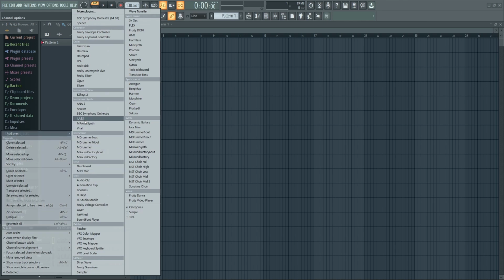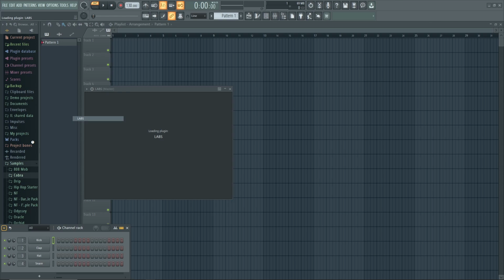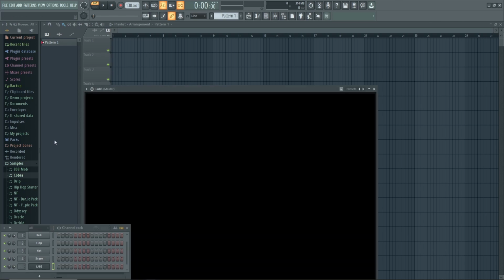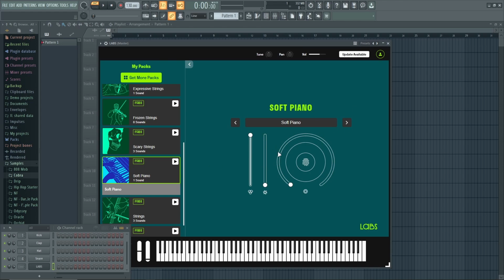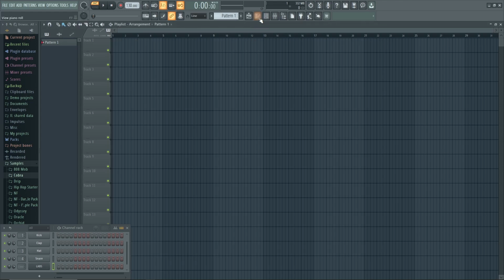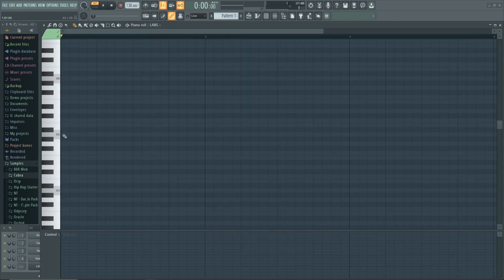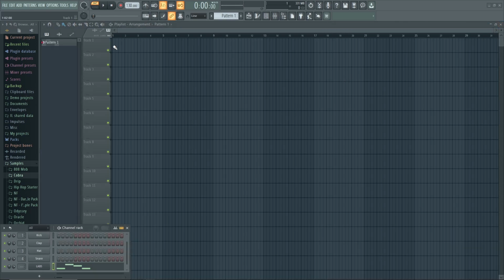So if I, for example, use Labs, I'll load a soft piano here. After that, I go into the piano roll and I start putting down the notes to the melody. For example. Then I add a pattern to the playlist. When I have added all my patterns to the playlist here,